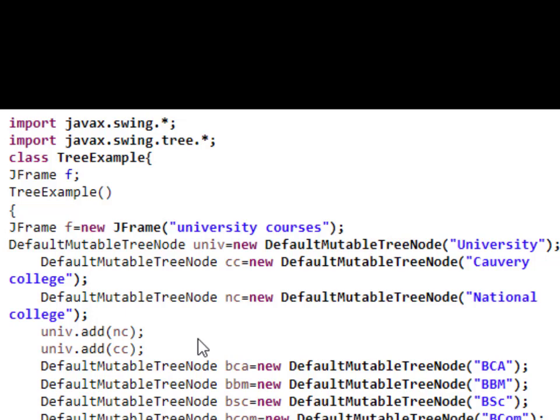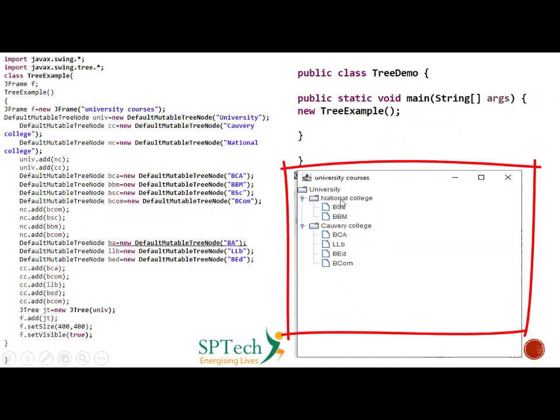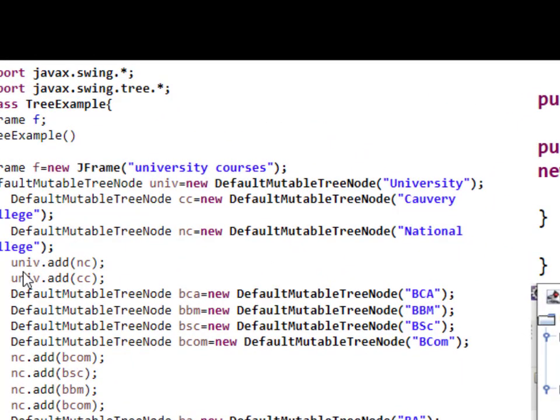Now what do we do next? I have to make my program understand that National College and Kaveri College are the child nodes of the university node, as you can see from the diagram here. So using the university object, univ.add(NC), I am calling the add method and passing the object NC.